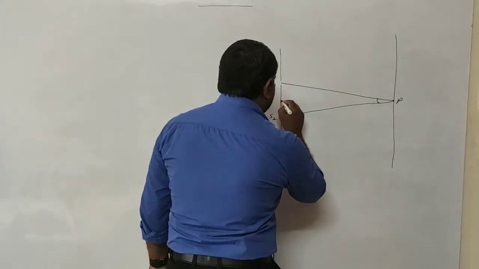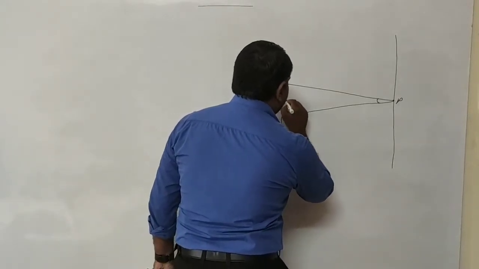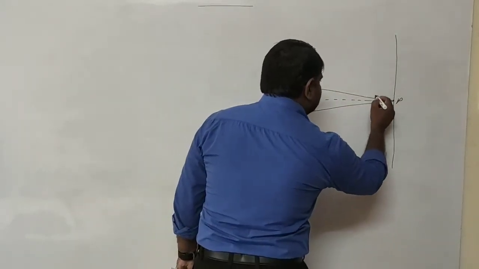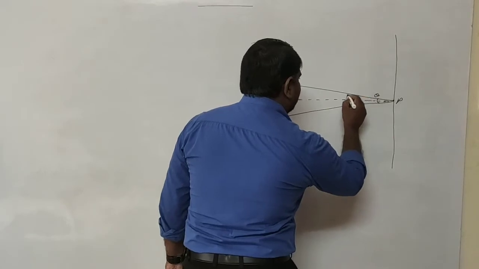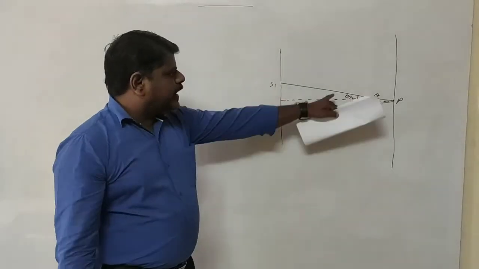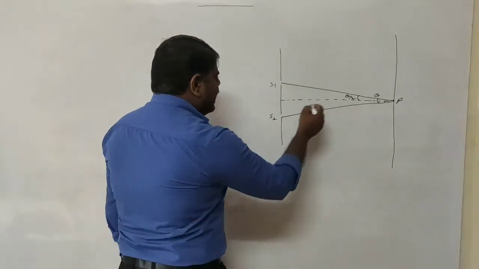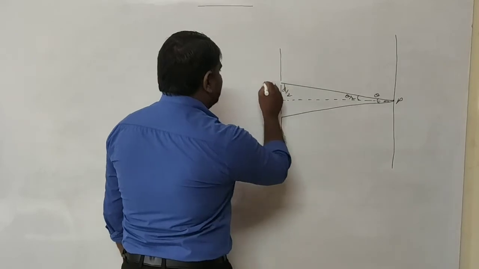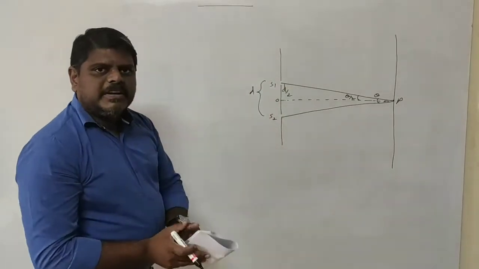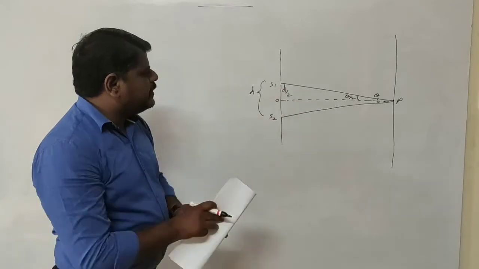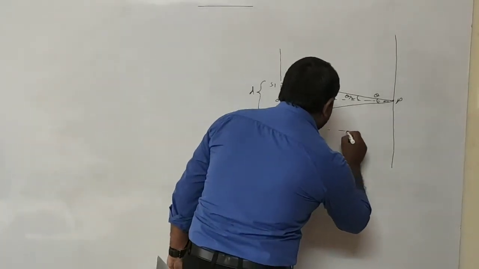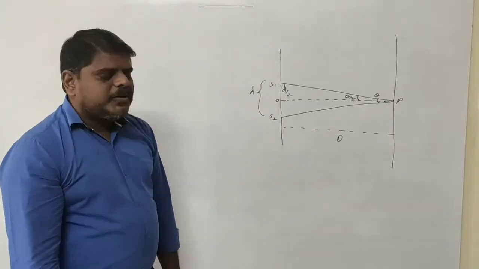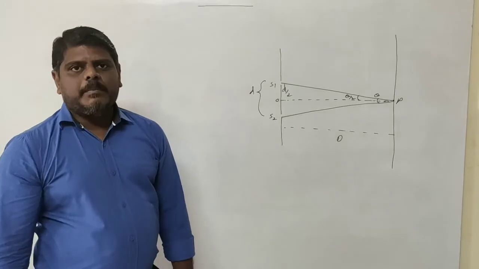Now, if I take the central point here, this central point is going to reach up to here. If this total angle is theta, then what will this angle be equal to? Theta by 2. This angle will be equal to theta by 2. Let us represent this point by O, then this distance will become d by 2, because the total distance is d. And this distance can be represented by capital D. What does capital D represent? The distance of the screen. And you have to find out the fringe width in terms of wavelength lambda itself.